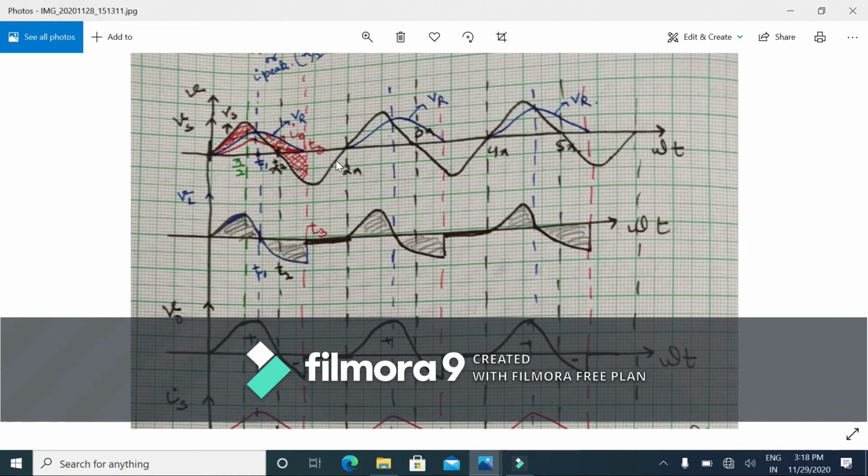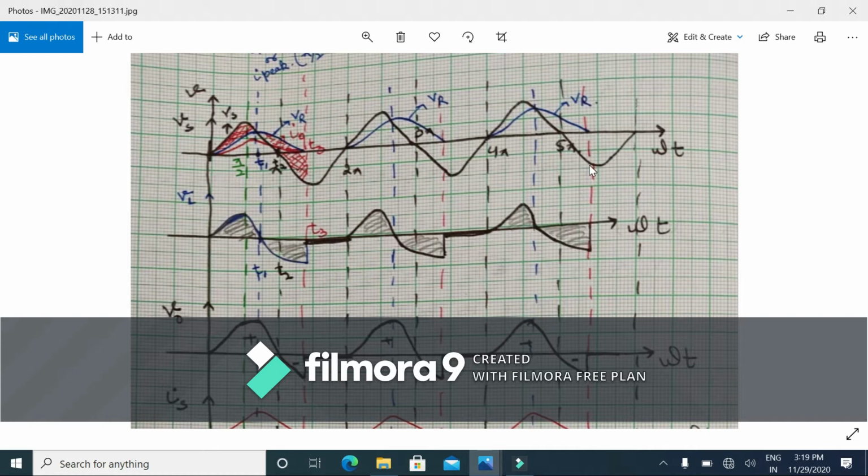Since we know that the driving force is the sinusoidal source voltage, that voltage I am representing by sinusoidal waveform having the peak at pi by 2 and the minima at 0 and pi. That means this outer one, this Vs, represents this source voltage Vs, that is the driving force.